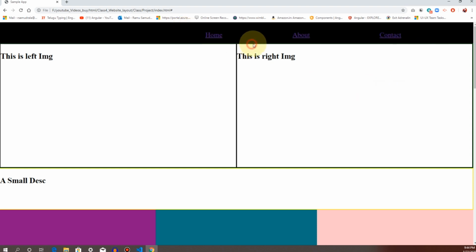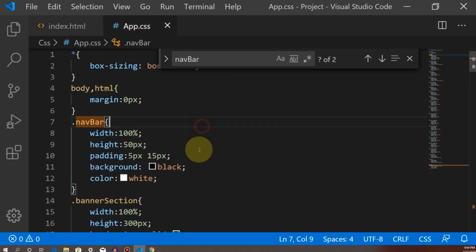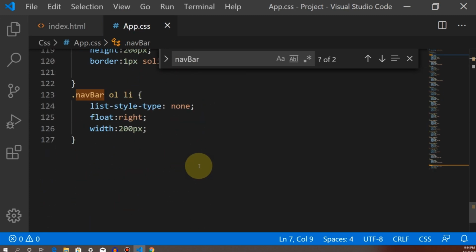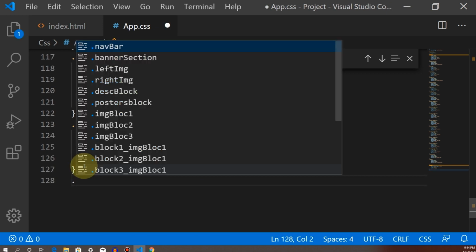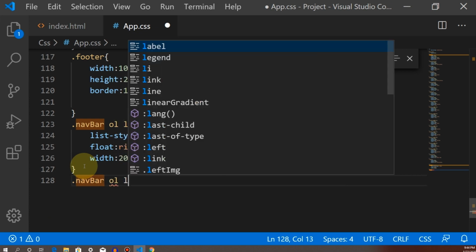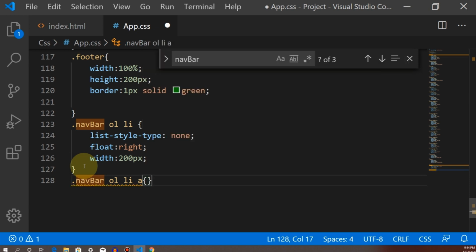So the text should be in white color and it should not display underlines, right? So we need to overcome the existing styles of the anchor tag. For that I'm going to take the same selector as navbar, inside OL, inside LI, inside the anchor tag.